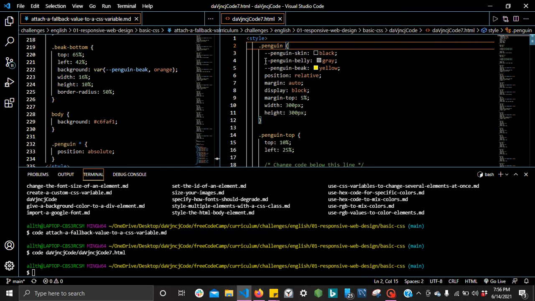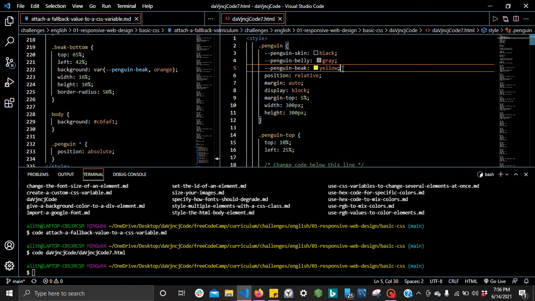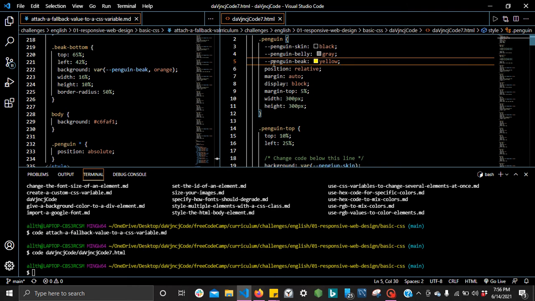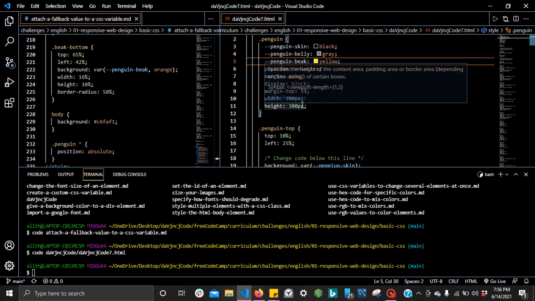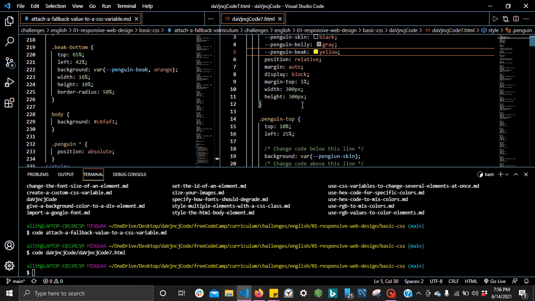We have our penguin belly property set to a value of gray. We have a penguin beak property set to a value of yellow. Okay, we have other properties: position, margin. Okay, margin auto, I believe, centers the content on the screen. Position relative, and then we have, okay,